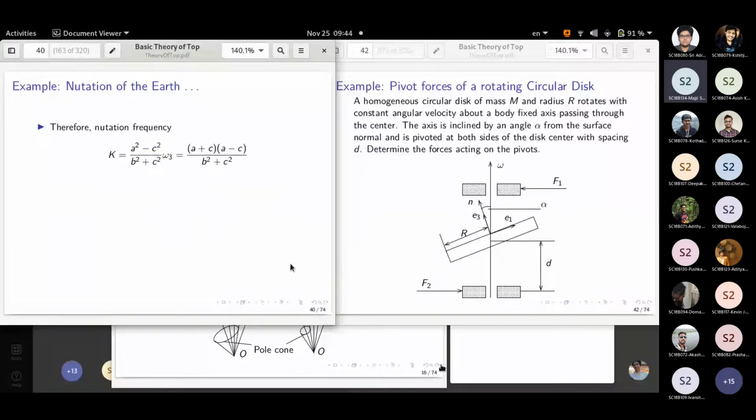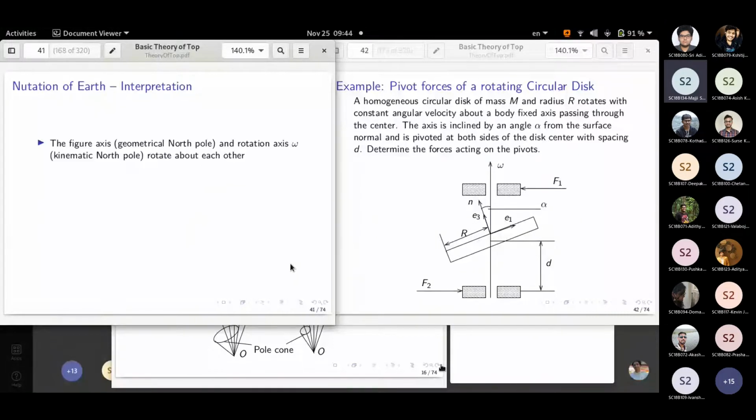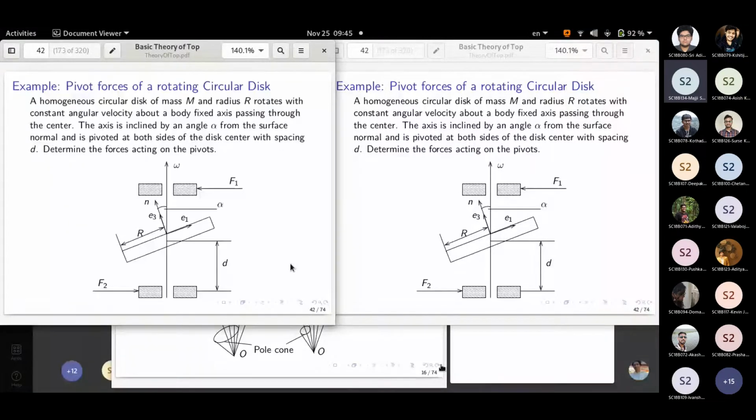If you know the force, then using the friction coefficient, you can find out how the wear and tear is happening. If these forces are as low as possible, then the wear and tear is minimum. If the forces are large, because of larger misalignment, because you are not able to mount the disc perfectly perpendicular to the shaft, or there may be a manufacturing defect while you are making the object. Is the problem statement clear? Yes, sir.